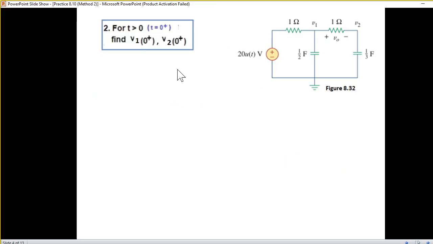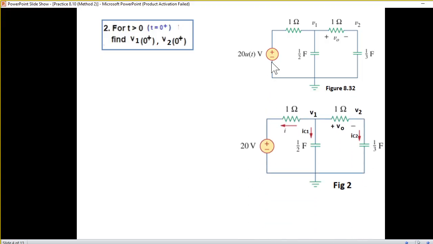The second step is we find V1(0+), immediately after the situation changes. That means now this will be 20, because u(t) is 1 now for t greater than 0. So this will be the circuit. And now